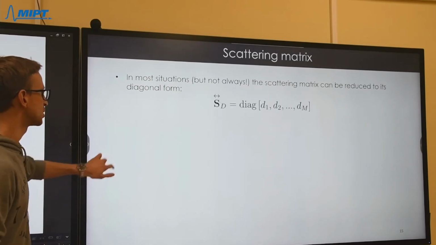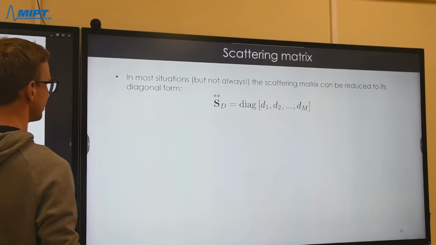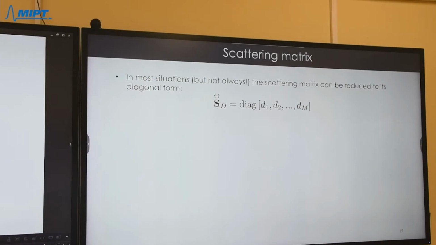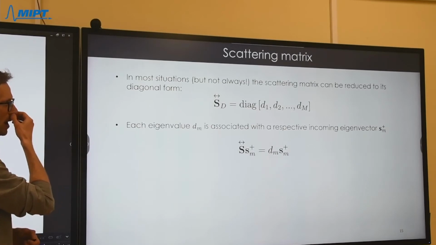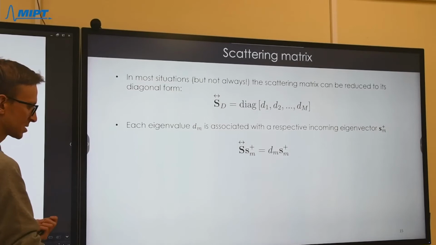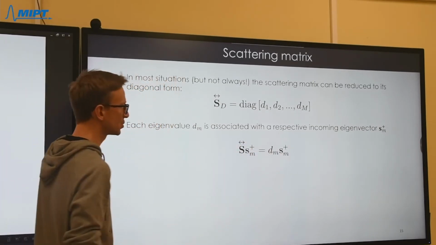So in many situations, but not always, we can diagonalize the sketching matrix. And we can reduce it to diagonal form, which will have m elements on the diagonals, because we have m ports. Therefore, we're going to have generally m diagonal elements. And in the basis of the corresponding channels, we can make a basis transformation to the new base of eigenvectors of S, and in that new base, the relationship between